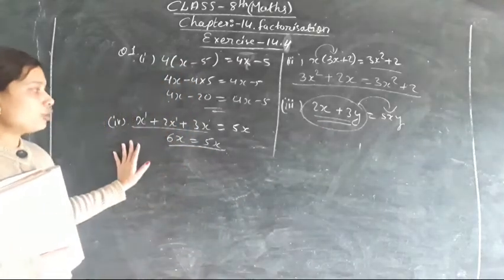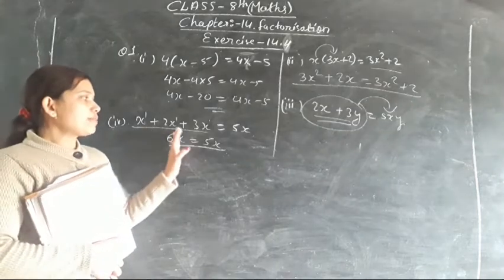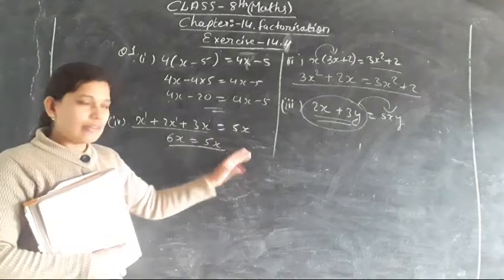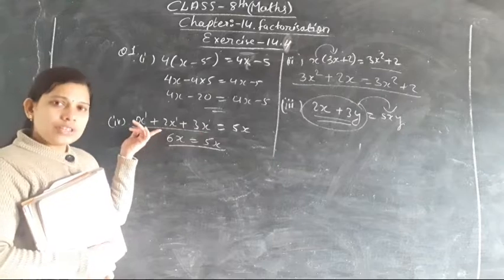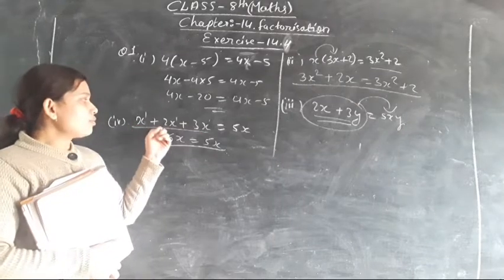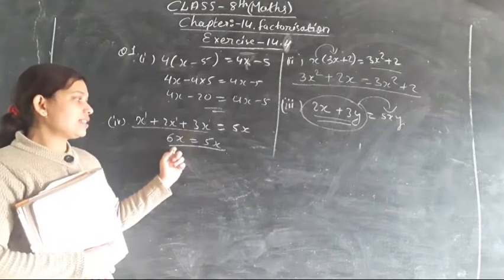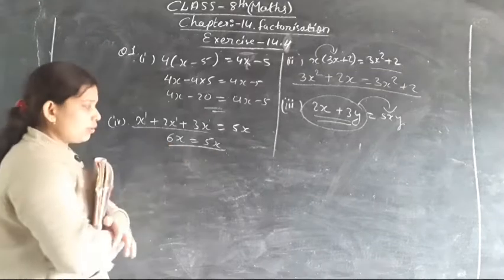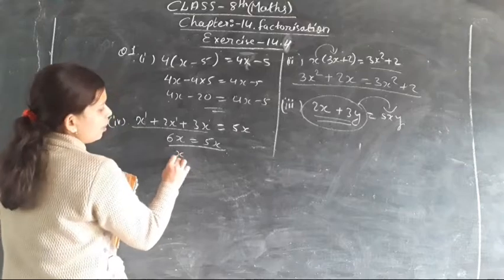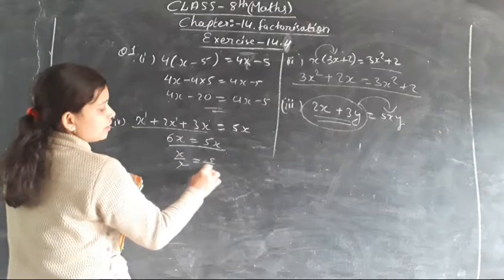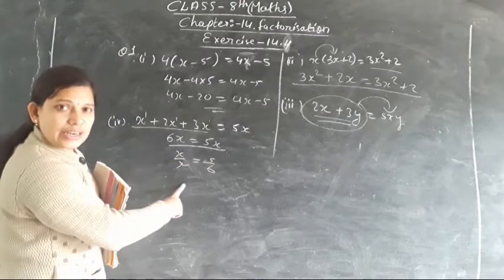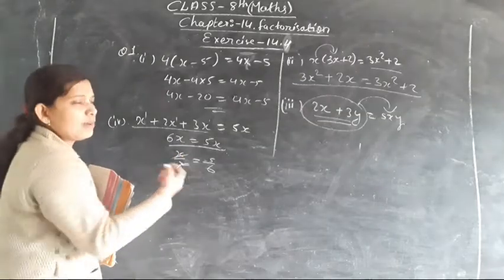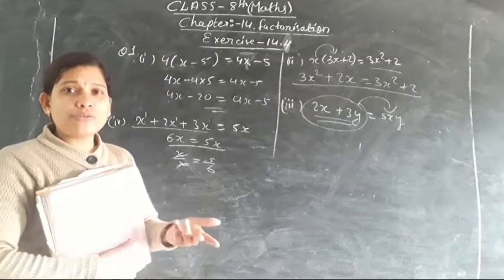In the same way, in the fourth part of the question, x plus 2x plus 3x is equal to 5x we are having. As it is a linear equation, we can add it: x plus 2x plus 3x will be 6x. We can see that 6x is not equal to 5x, isn't it? If we are going to take the value of x also, we cannot find anything in this, isn't it? Is this a correct equation? Because x will get cancelled, then what is the value of 5 upon x?